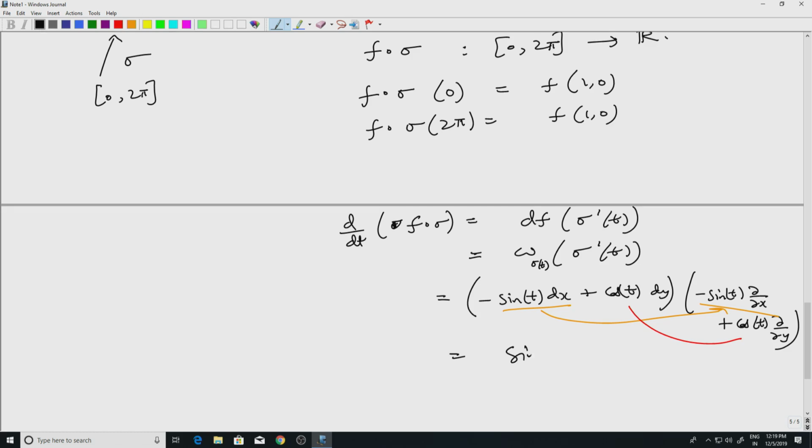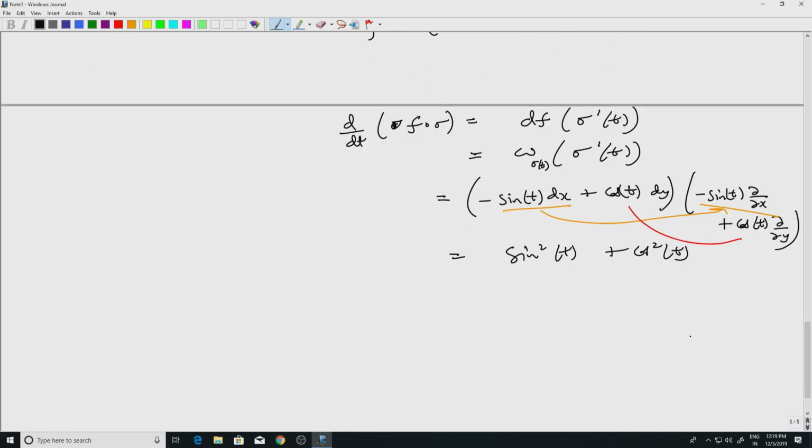So sine squared t plus cos squared t, which is 1. Therefore f composed with sigma is strictly increasing on 0 to 2 pi,